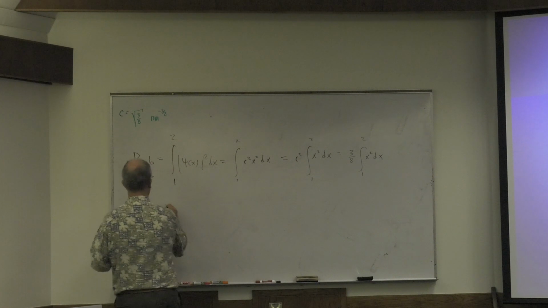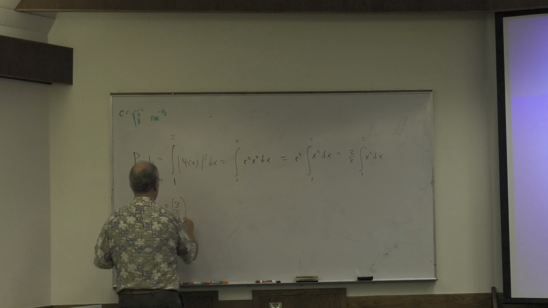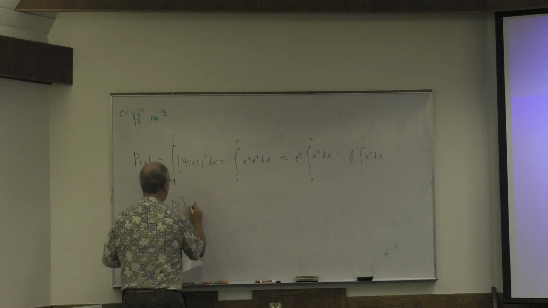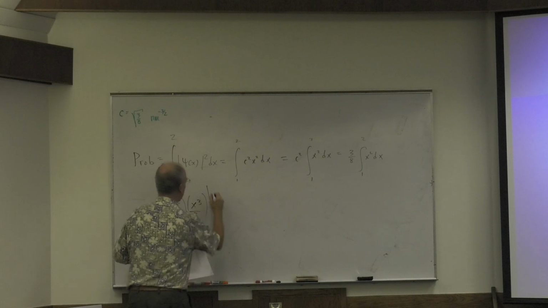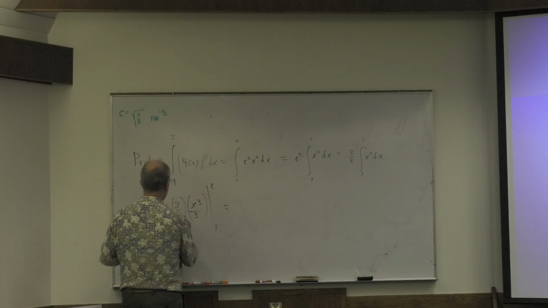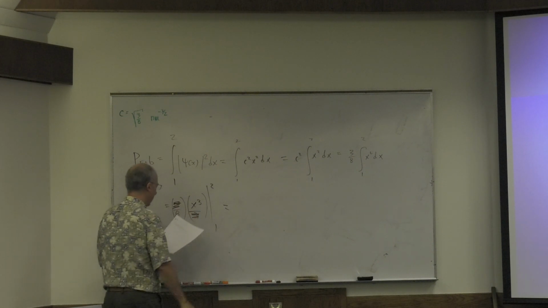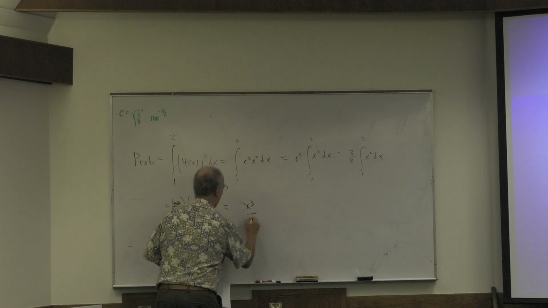And that is 3/8 times, the integral of x squared is x cubed over 3, from 1 to 2. Well, that's nice because that 3 kills that 3, right? So we just have x cubed over 8